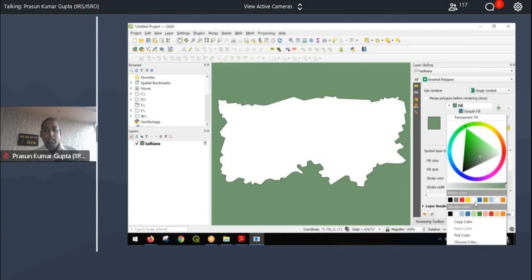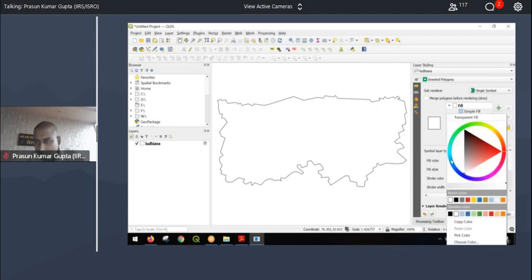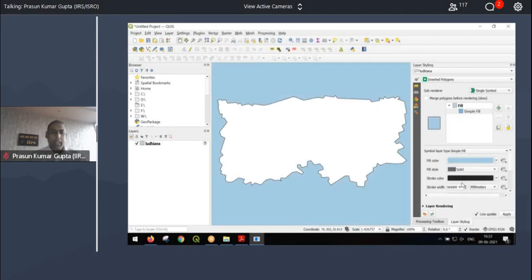Very simply, you could use white. But now you don't see the difference which is hollow and which is white. For that, you could use a very light shade of blue, something like this. Okay. Next. So this is very simple.